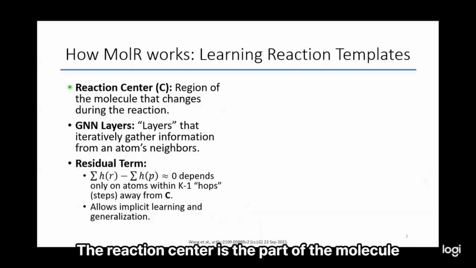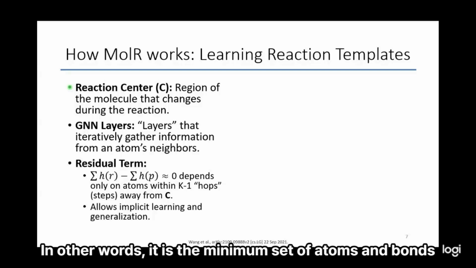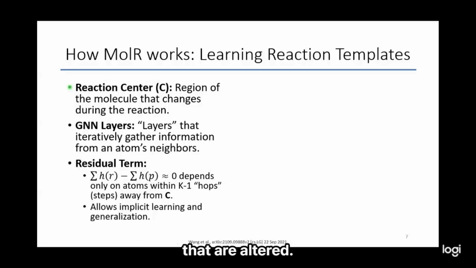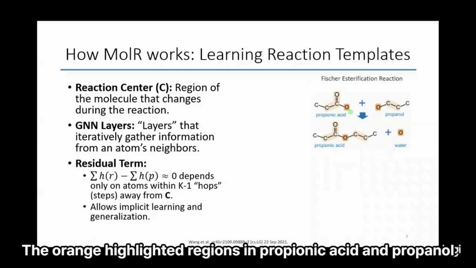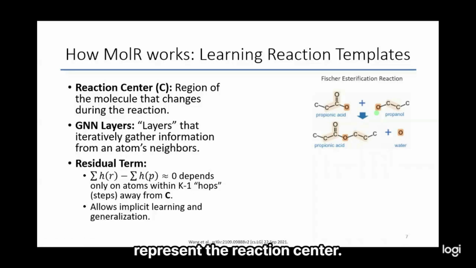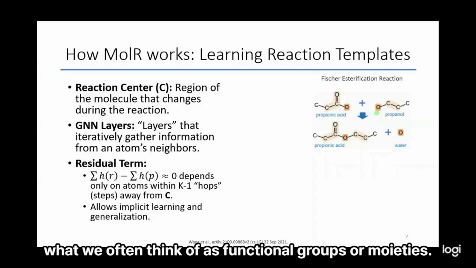The reaction center is the part of the molecule that actually changes during the reaction. In other words, it is the minimum set of atoms and bonds that are altered. For example, in the Fischer esterification reaction, the orange highlighted regions in propionic acid and propanol represent the reaction center. These centers usually correspond to the chemically active parts of the molecules, what we often think of as functional groups